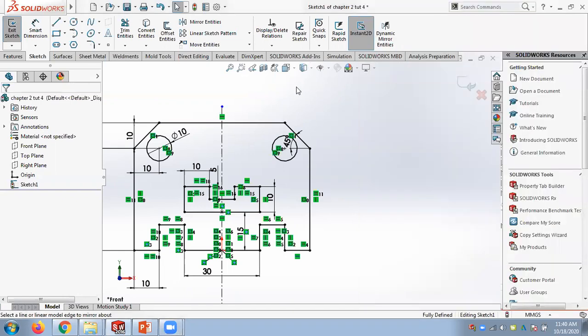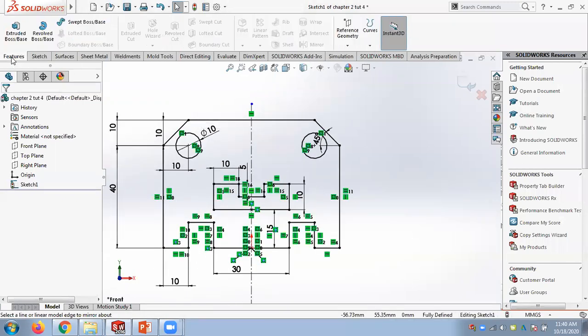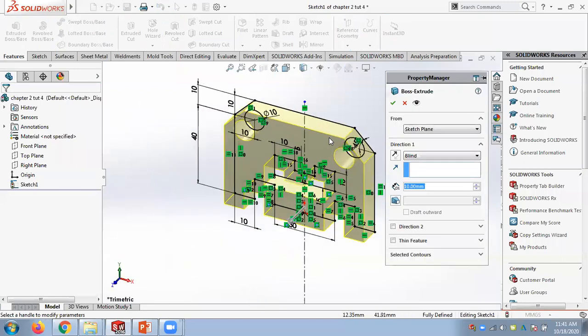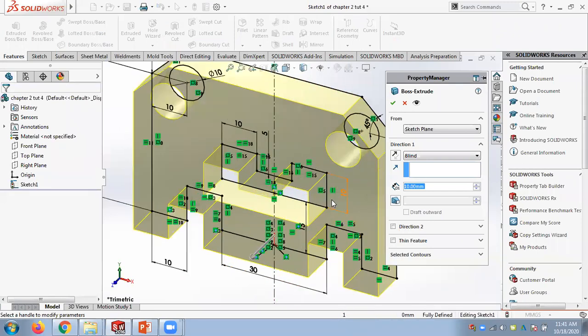Hope you are okay with this. So I will make it 3D now. You can directly go to features and make it texture. If you have made mistakes in the drawing, you may not get the 3D model. So you need to have closed loops.